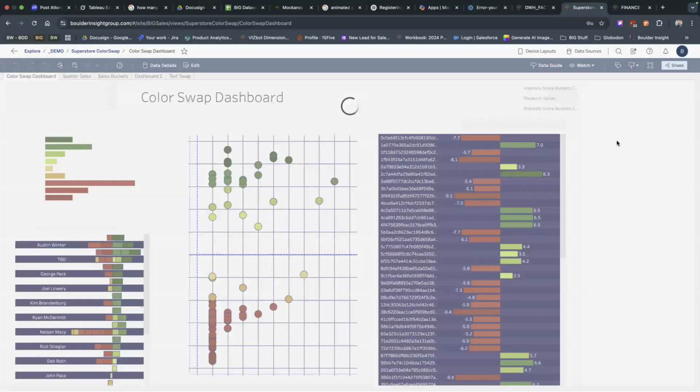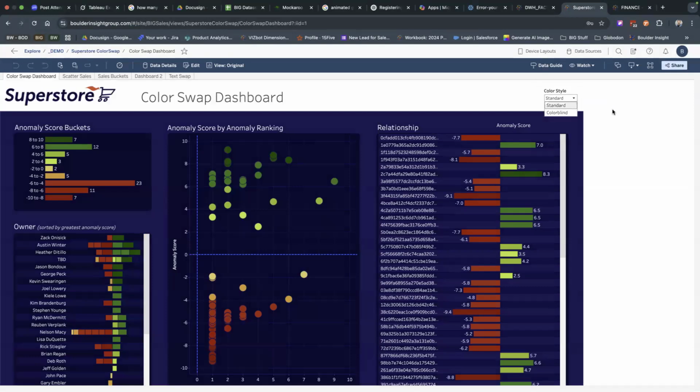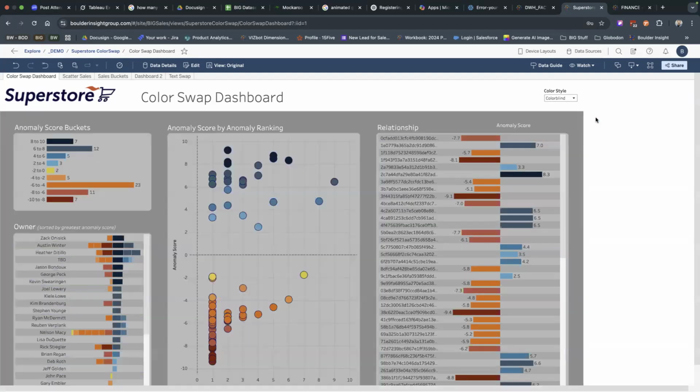What we do is build it two different ways. One is for the people who can see color, where having red and green is great, because red and green kind of means something. So we just make another option to swap out the color. Doing that is super simple.